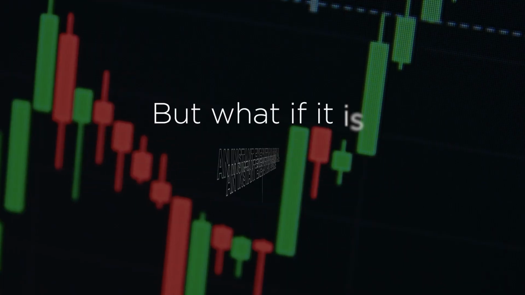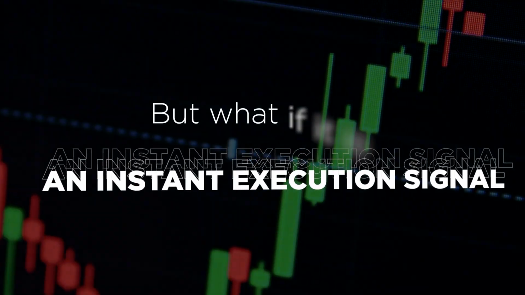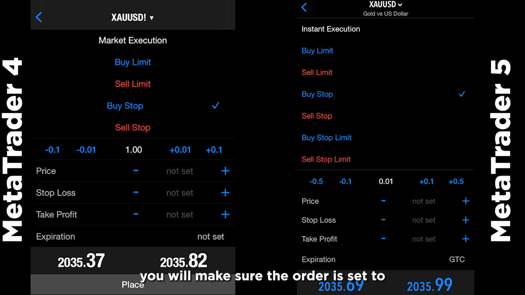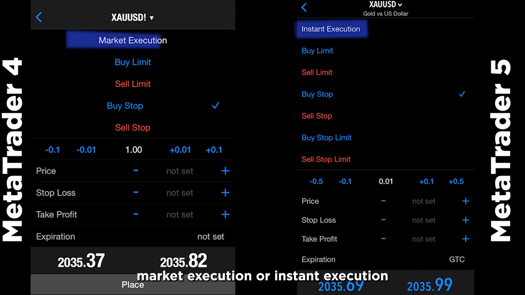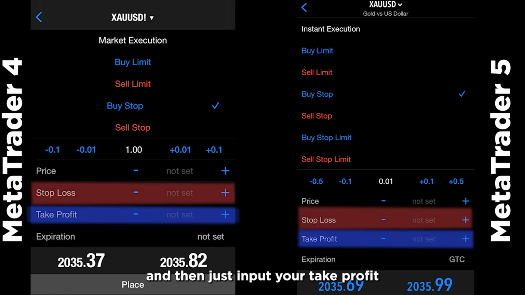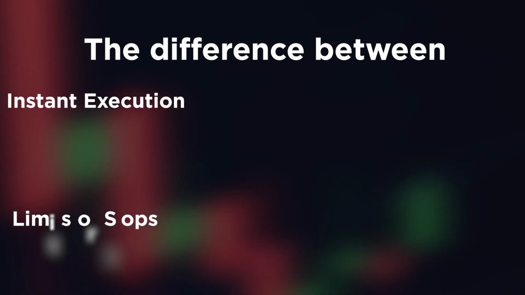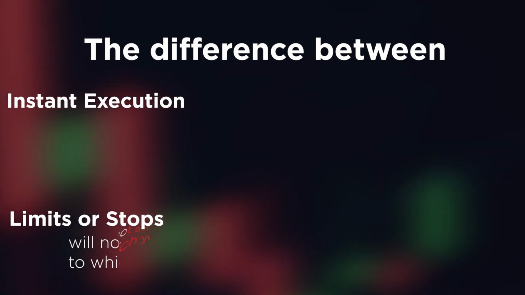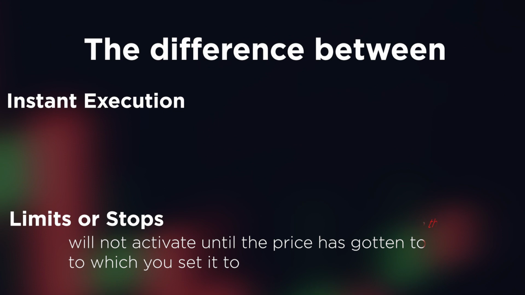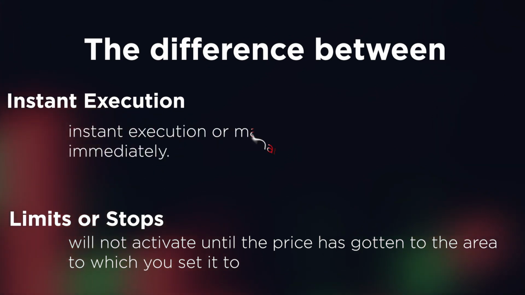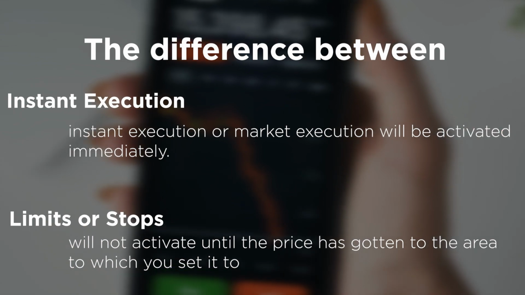But what if it is an instant execution signal, you ask? Well, for this, you will make sure the order is set to market execution or instant execution, and then just input your take profit as well as your stop loss levels, then place your trade. The difference between instant execution and limits or stops is that limits or stops will not activate until the price has gotten to the area to which you set it to, while instant execution or market execution will be activated